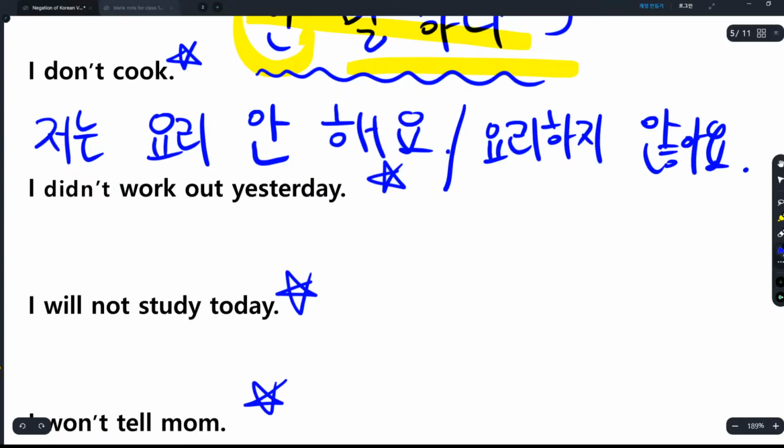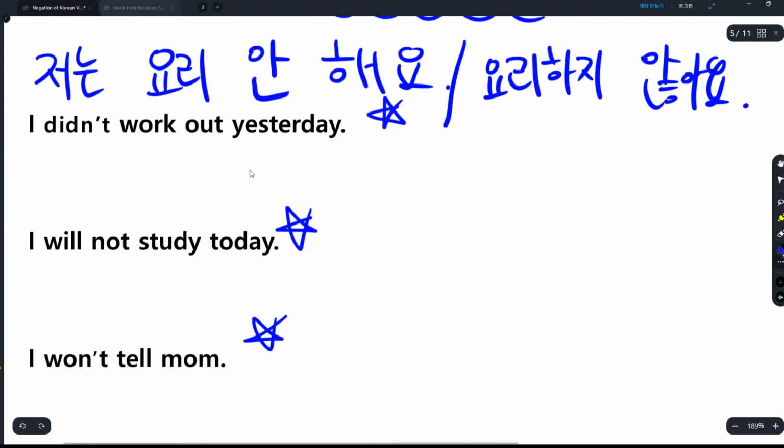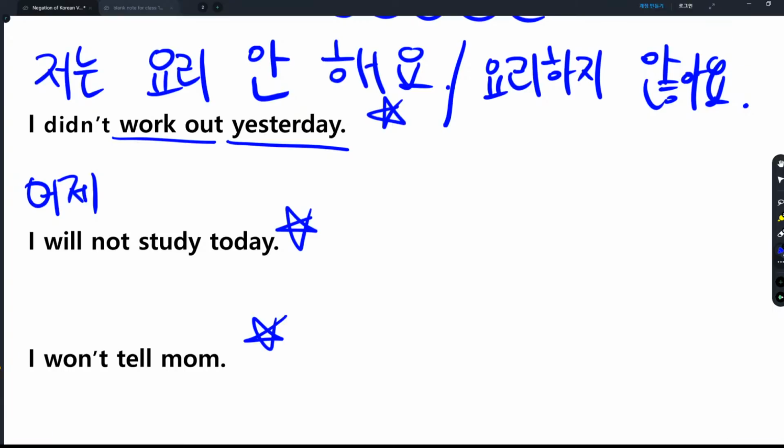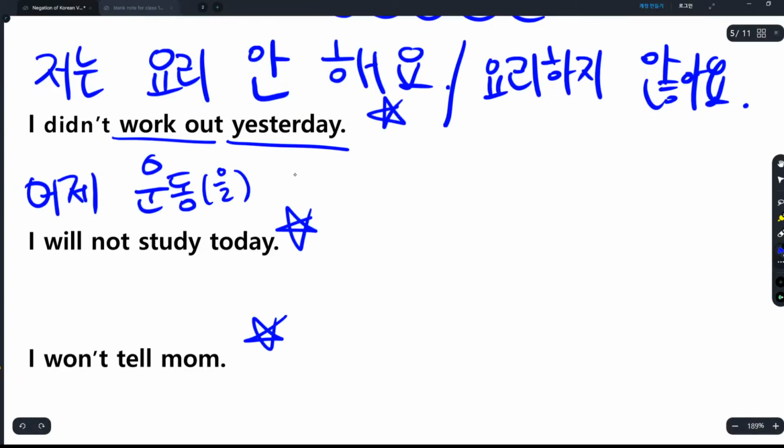저는 요리하지 않아요. How about "I didn't work out yesterday"? So we're going to put the adverb first. 어제. Workout is 운동하다. And if you want to negate it by using 안, we have to separate 운동, the noun, and 하다, right? So 어제 운동을 안